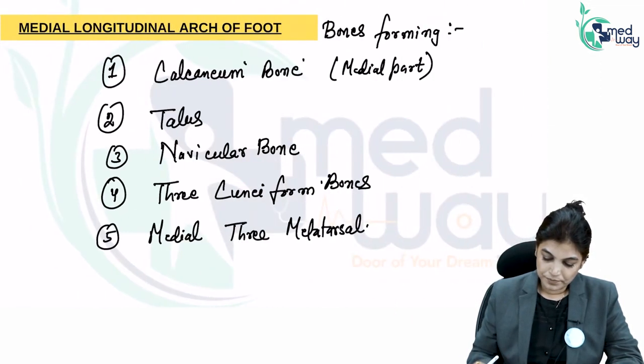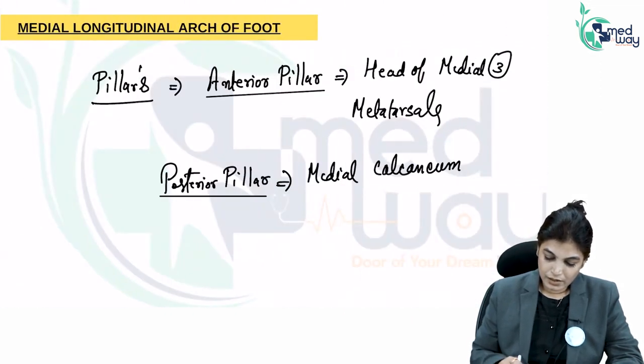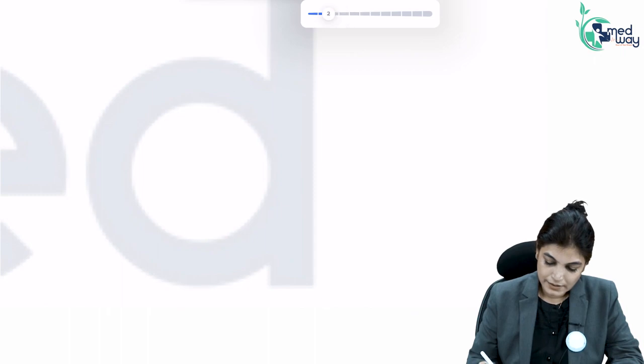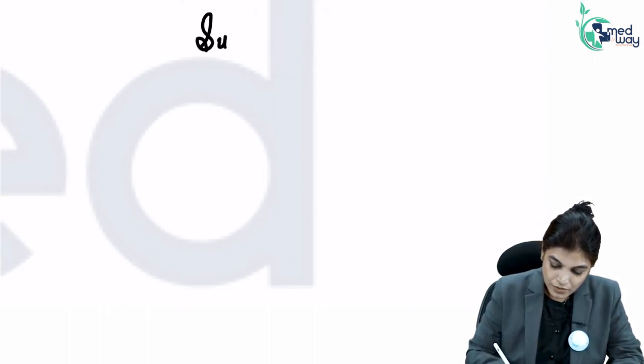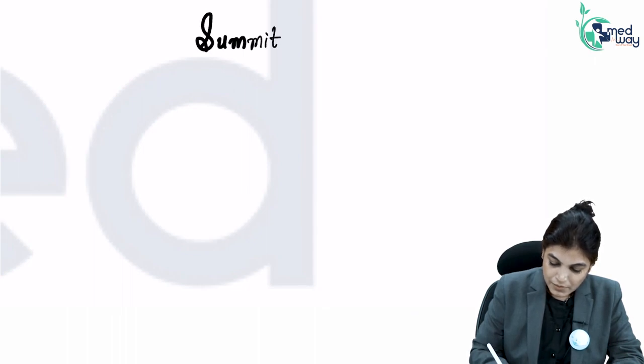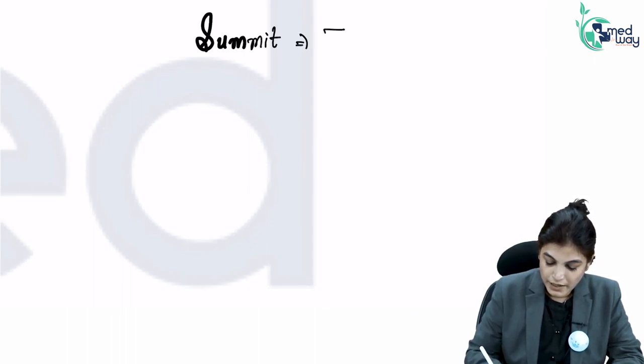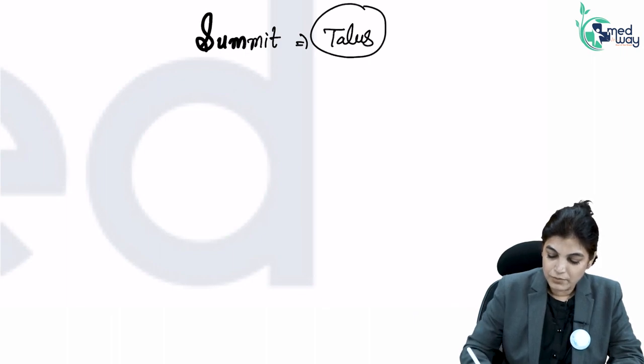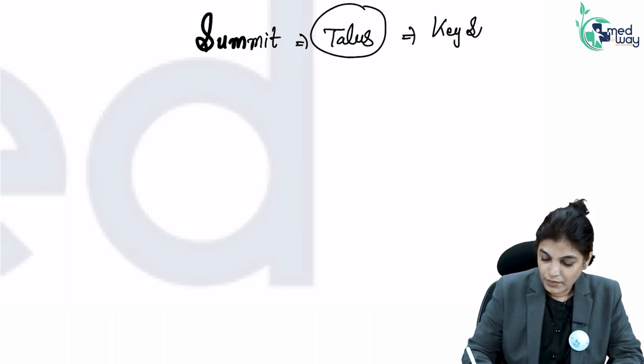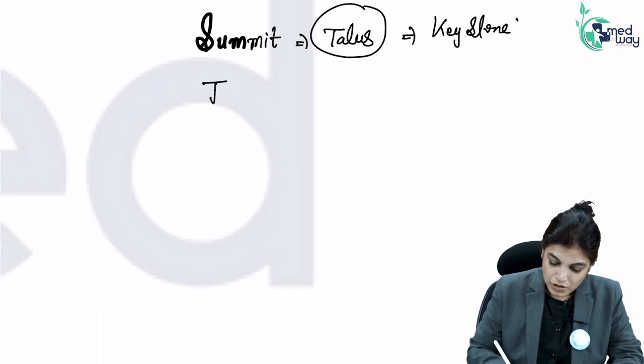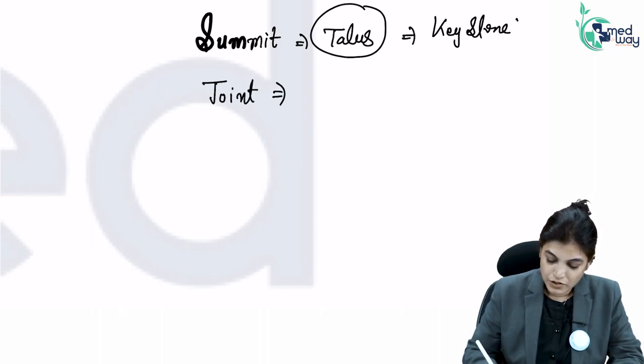So you can just write here itself, if you want, I will give you 2 important points about this. So the important points are, first thing is the summit. If I am talking about the summit of the medial longitudinal arch, it is formed by the level of the superior aspect of the talus. That means talus is the keystone of the medial longitudinal arch, and the most important joint of the medial longitudinal arch is